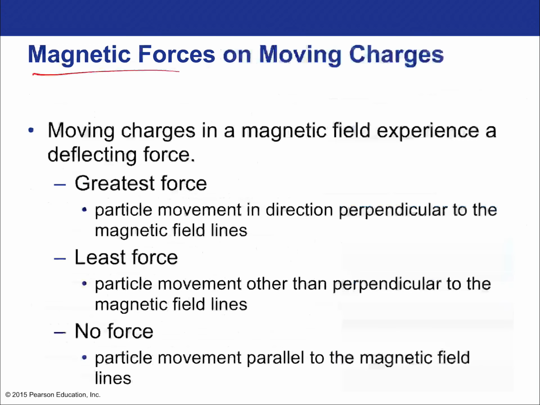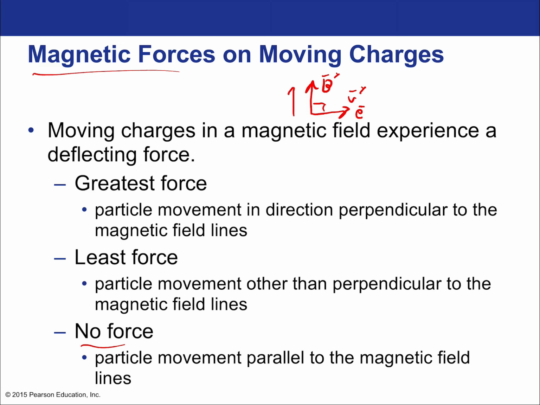All right, so there's an appearance of a force, but in reality, the force is all coming from the moving charges. Okay. So the greatest force is when the particle moves in the direction perpendicular to the magnetic field. All right. The least force is when a particle is moving parallel to the magnetic field. Or basically less force is anything non-perpendicular, and then no force is parallel. So if I have a magnetic field that points this way, I'll use B for magnetic field, and then I have the velocity of a charge like an electron that points this way, then this would be 90 degrees, and the electron would actually experience a large force from the magnetic field.